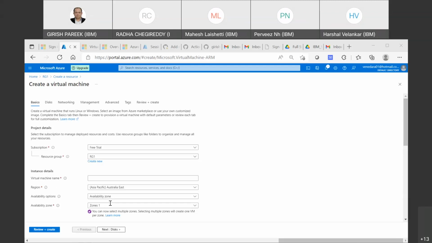For compliance reasons, for example, you may need to ensure that your data is stored in a particular region. So the moment you are creating a resource group, you are actually creating a metadata store, and that metadata store is sitting in a particular location,